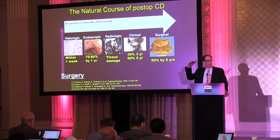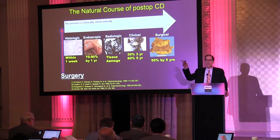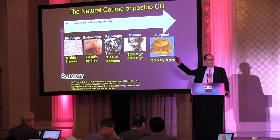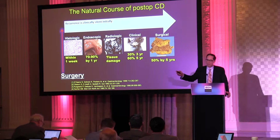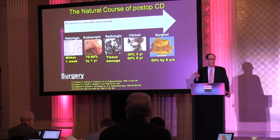I think the part that's a bit frightening with all of this is what happens up top in the big blue arrow. Most of these patients are clinically silent, and this fits with what you see in your practices when you diagnose a newly diagnosed Crohn's patient. You do a colonoscopy, they say they've been having symptoms for 2 months, yet they have terrible disease, deep ulcerations, and you look at them and say, there's no way you've only had this for a short period of time. Same thing with post-op recurrence. The disease recurrence is clinically silent until it gets to a tipping point by which destruction occurs